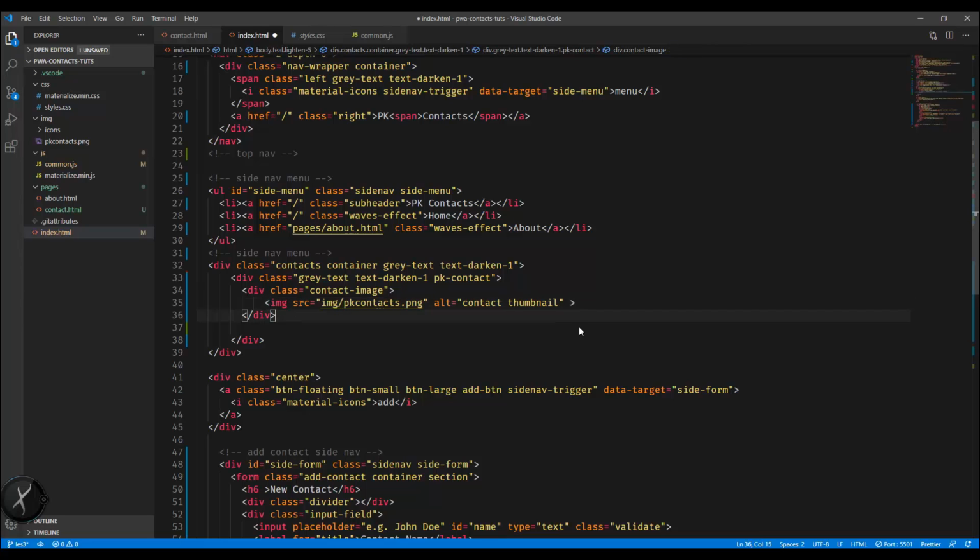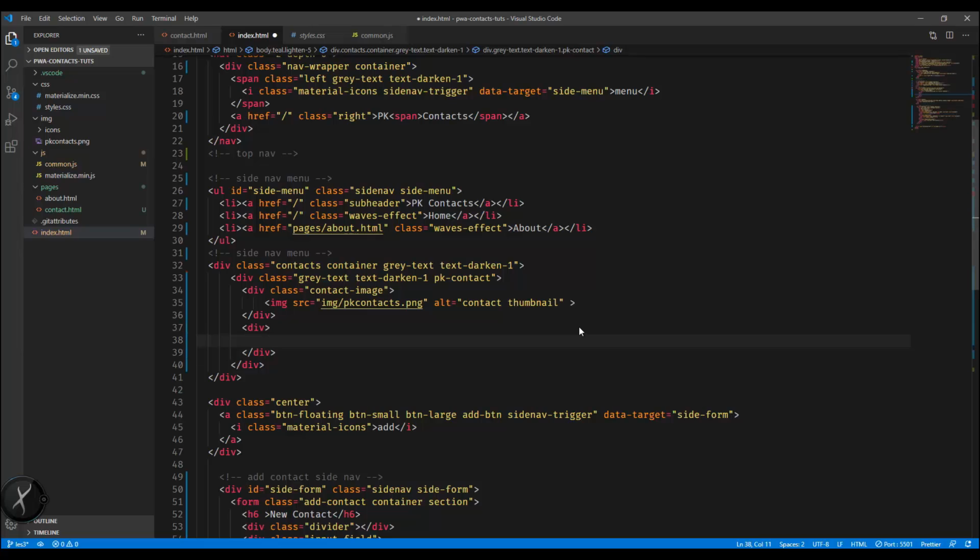So after this particular div, we're gonna add another div for the details of our contact. Meaning this particular div will contain the name of our contact and also the contact numbers for this particular contact. So contact details, it will have another div, and it should hold the name. So for example, the name John Doe,